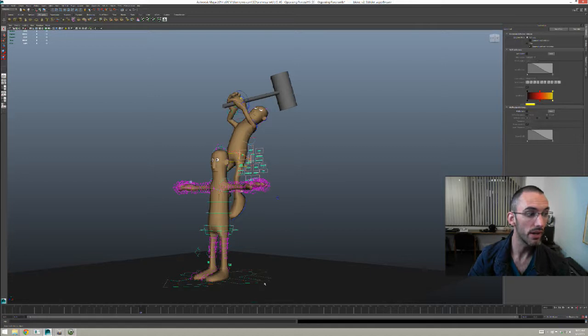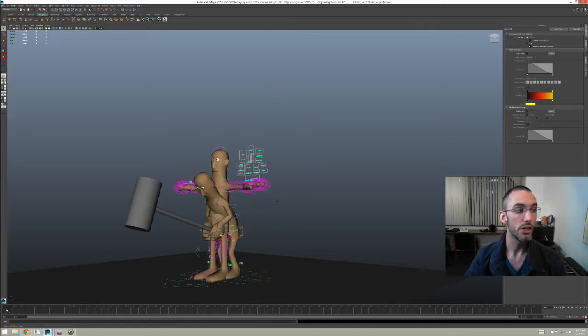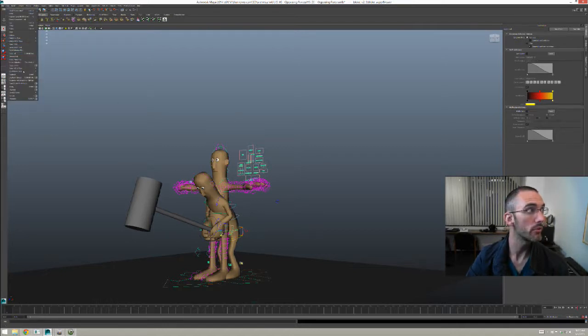Now, a really good rig should be able to select just the top node and do keys, copy keys below, and paste keys from clipboard, and then replace entire curve. That's a really good rig. All right, so let's see if Bloke is. I can't remember. Honestly, I don't know what's about to happen because I can't remember if Bloke is good.